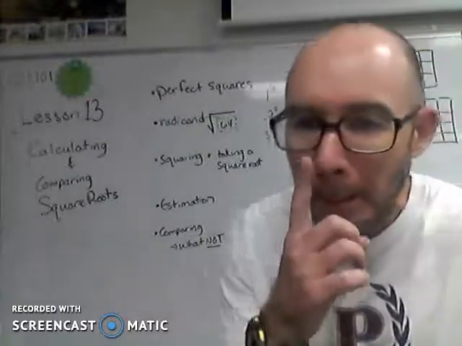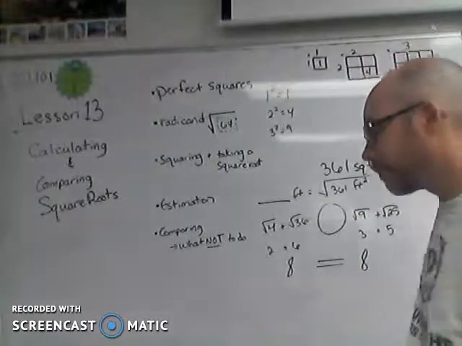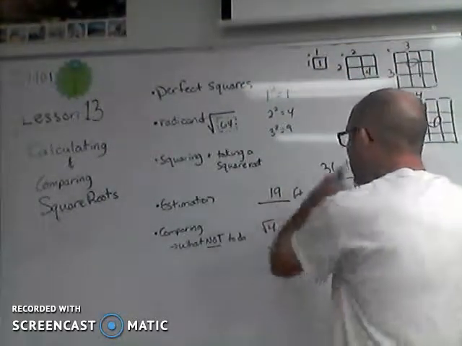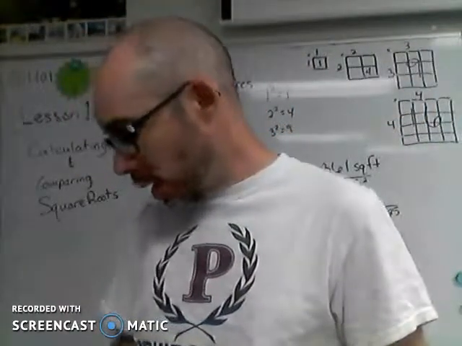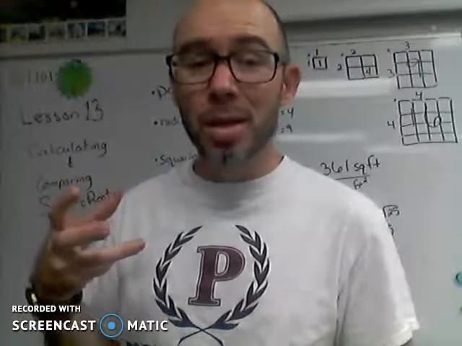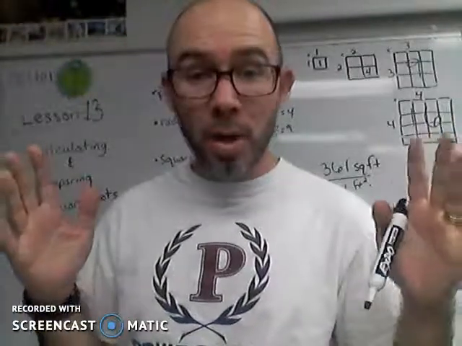361, I know that's a perfect square because I had to look it up, didn't I? 19 by 19 will give you 361. So the moral of the story is get to know those perfect squares. And then working backwards toward the root of those things is just undoing something. A problem like that, you're undoing the area problem back down to a single dimension type of problem. It's all based on the fact that a square has equal sides and equal angles at 90 degrees. That's how that thing's going to work